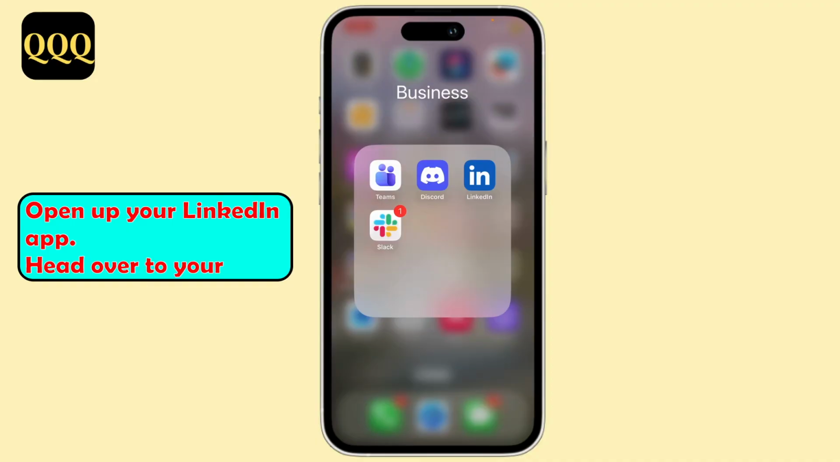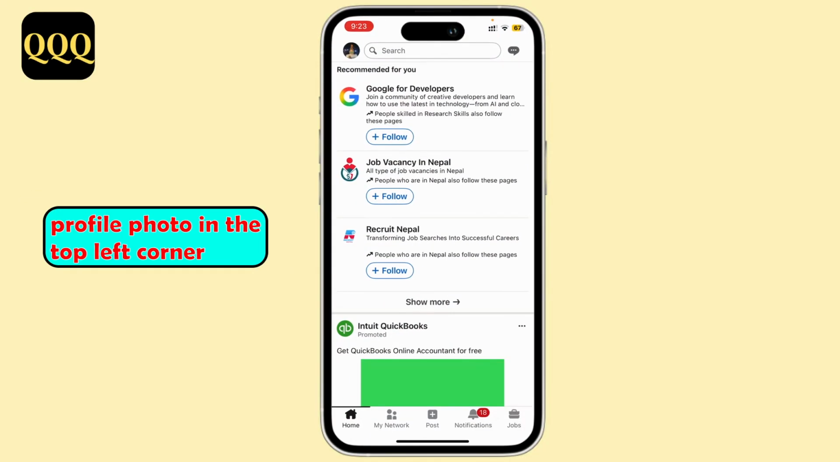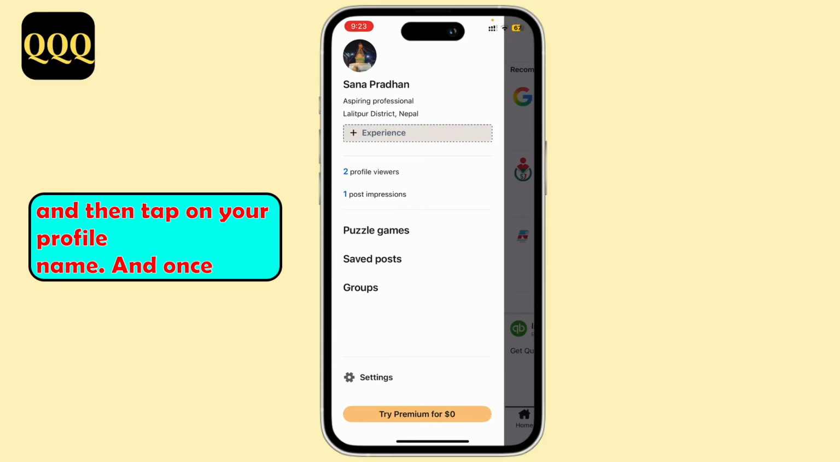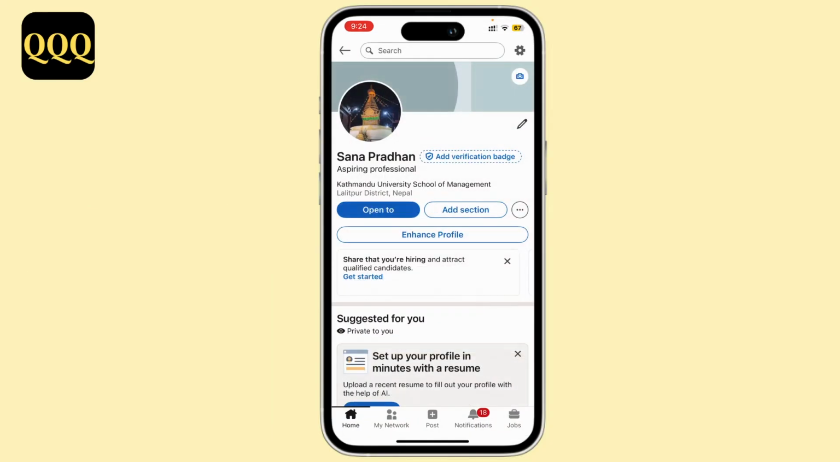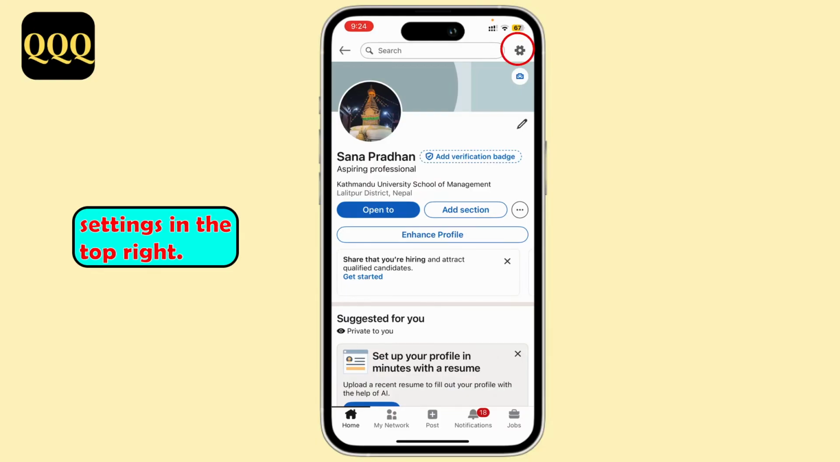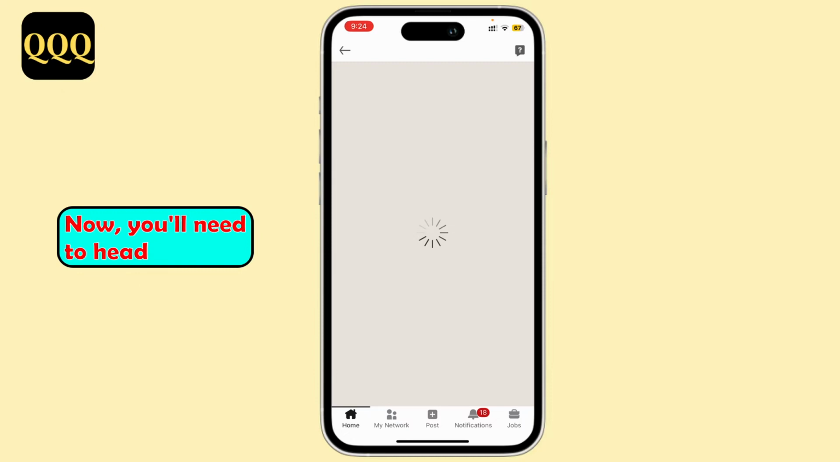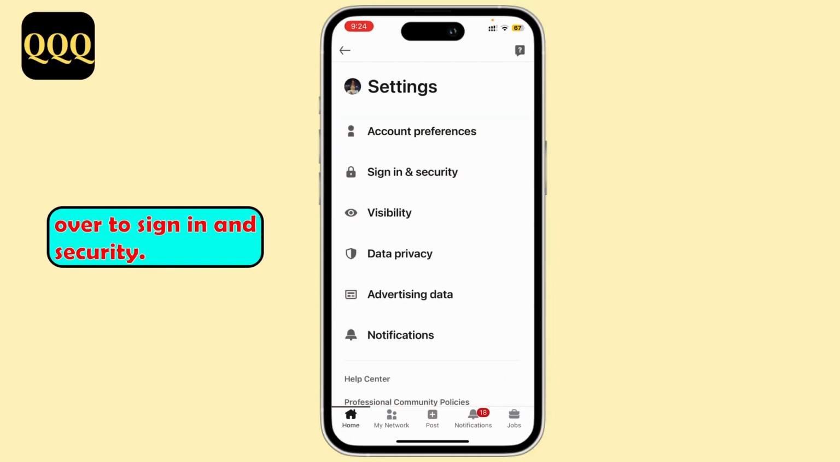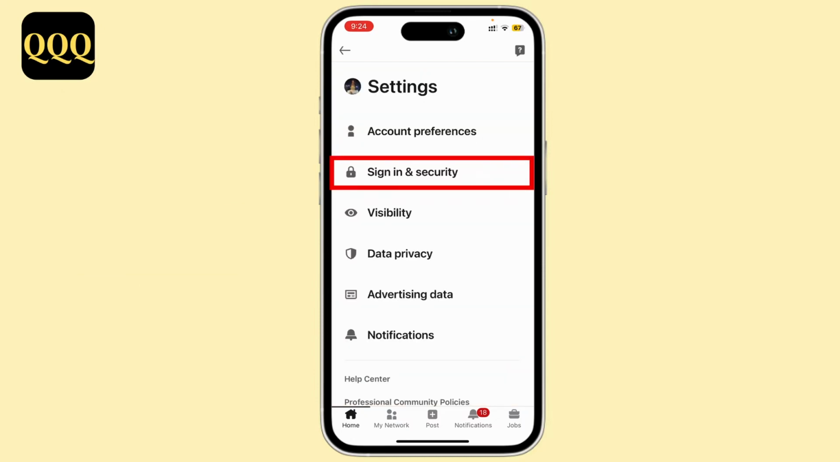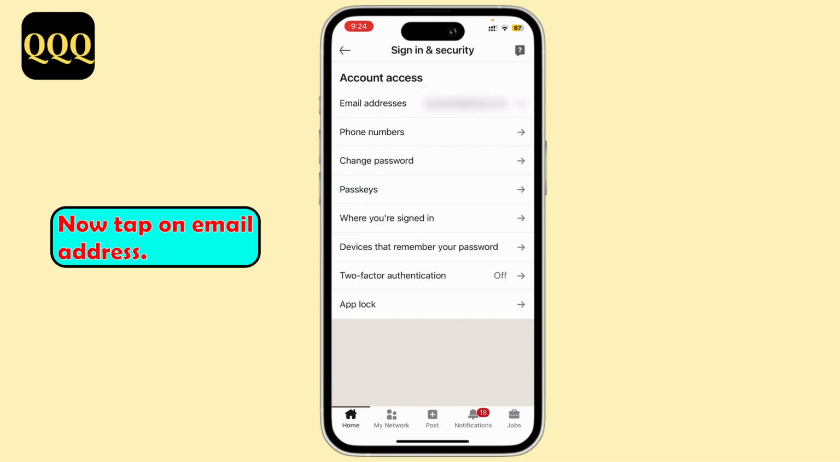Open up your LinkedIn app, head over to your profile photo in the top left corner, and then tap on your profile name. And once you're in your profile, you'll need to go to the settings in the top right. Now, you'll need to head over to sign in and security. Now tap on email address,